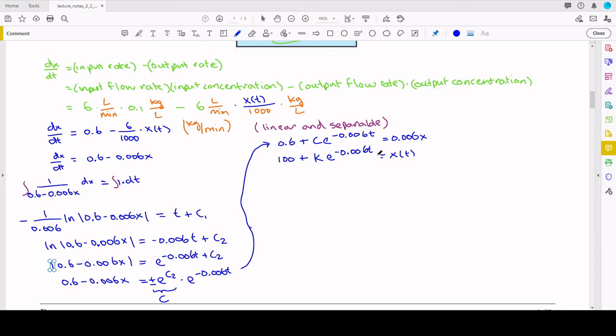For remember that x of t stood for the amount of salt. Now, to figure out what k is, we need to use our initial condition. Right? So our initial condition was x of 0 equals 0. There was no salt in the tank. So that is t equals 0 and x equals 0. And if you plug that in here, then you get